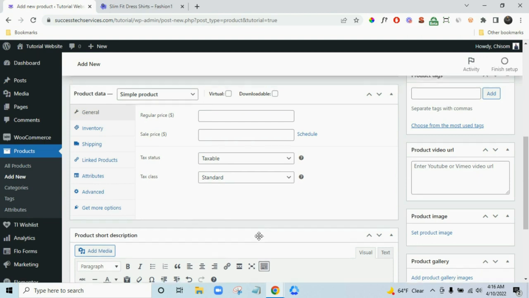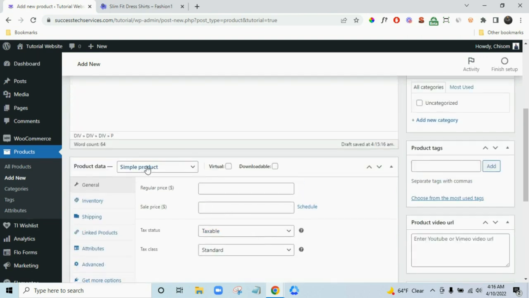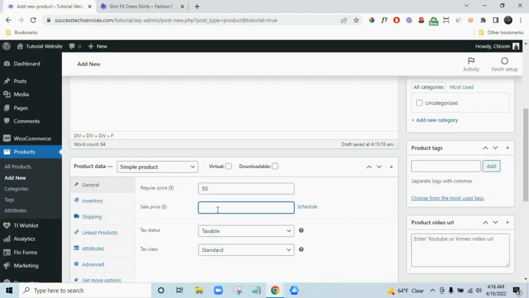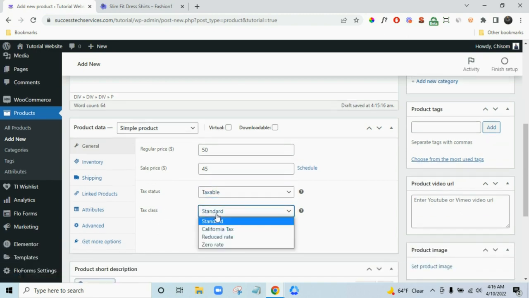Now that's good. So here where it says simple product, you want to put in your price. So whatever price you put in here is called regular price. So this price right here is the regular price, and this price right here is the sale price. So maybe I just want to make my regular price 50 and my sale price, let's just say 45. So now it says tax status taxable. So you can pick this, fine. Now tax class, remember we created a tax class, so I want to make my California tax,